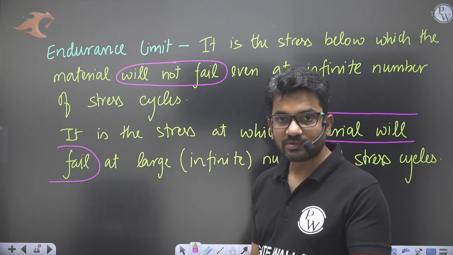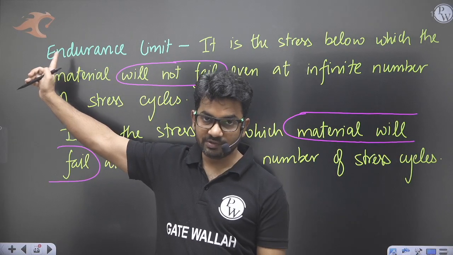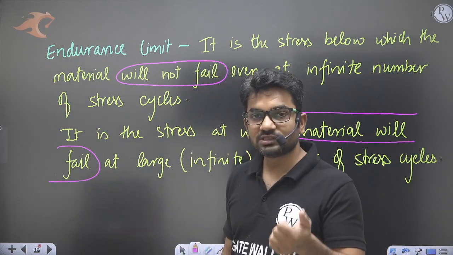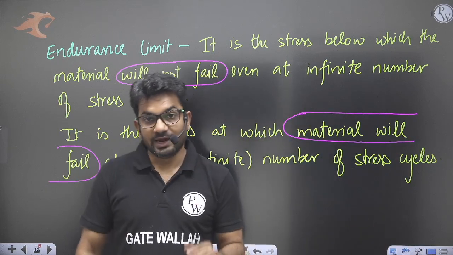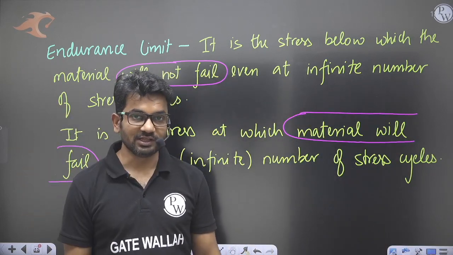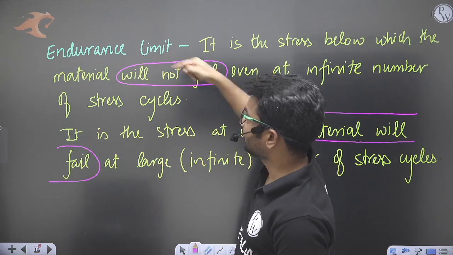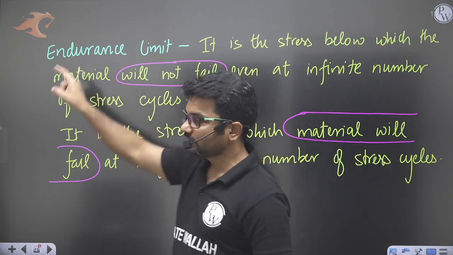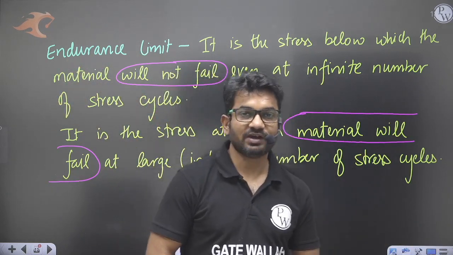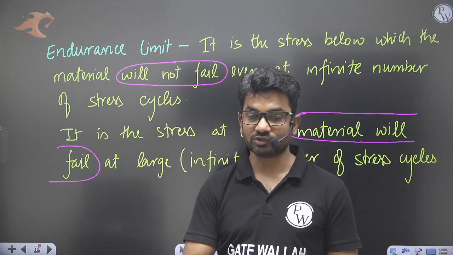In a question sometimes it is asked that the material will not fail, and that answer will be endurance limit. In a question sometimes they ask the statement that the material will fail, and again the answer will be endurance limit only. Why so? Because they seem to be opposite of each other, but they are not opposite, they are saying the